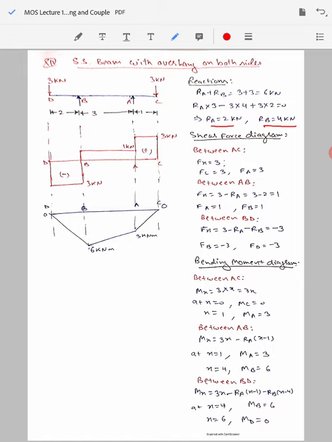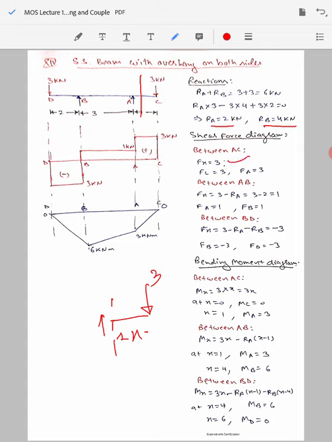Now drawing the shear force diagram, we can start from any end. Let's start from the right hand side. So we assume the beam to be cut anywhere between A and C, and if we draw the free body diagram for the portion here, there is only the 3 kilonewton force, the beam is cut over here, this distance is x. Now to balance this applied 3 kilonewton load, there will be a shear force acting in the upward direction on this portion,